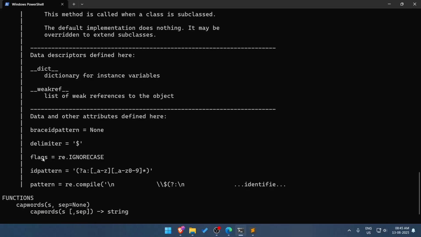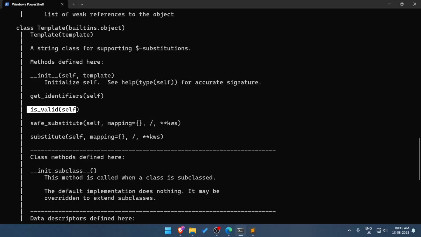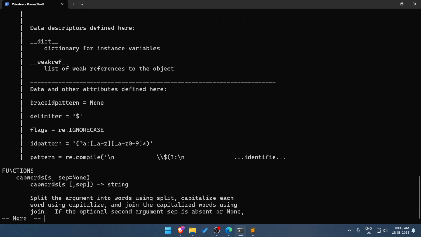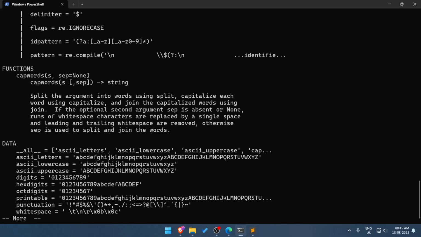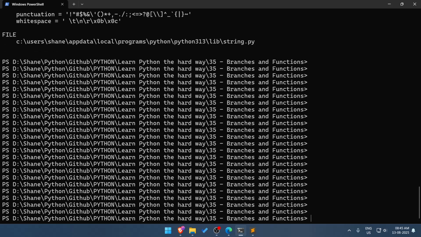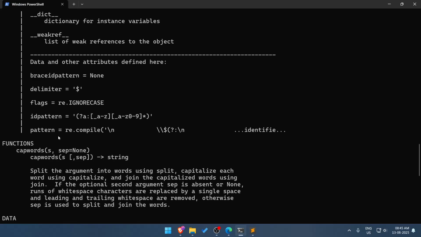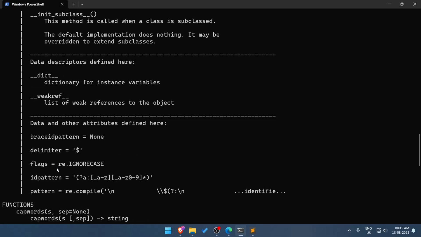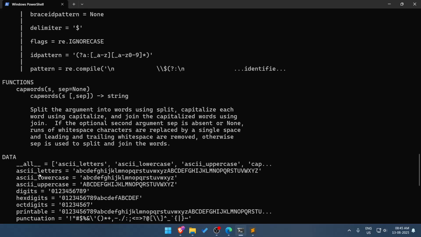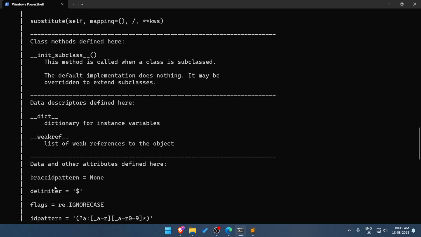There should be a function is valid, and there should be an is num. Split. Okay, I get that. And that is all. Lowercase letters. Okay, so this is what it supports.